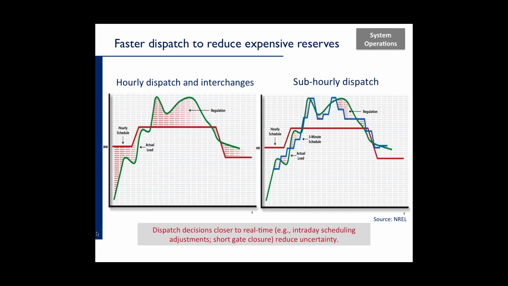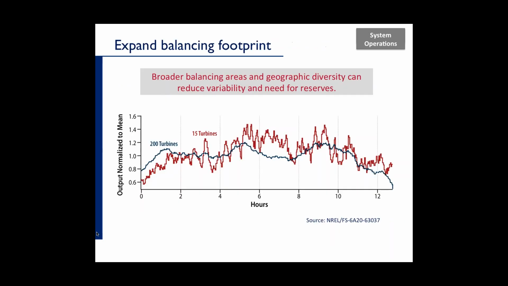And so in the economic dispatch, I'm allowing more units to respond. They're responding more quickly, and so I can incorporate all the response to variability, or most of it, into a 5-minute economic dispatch, which really helps, and it brings out some flexibility that you have in the power system. The other thing that you can do